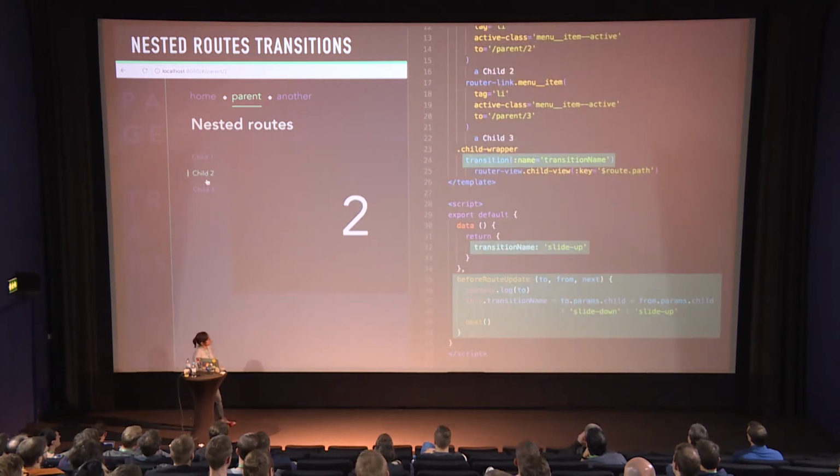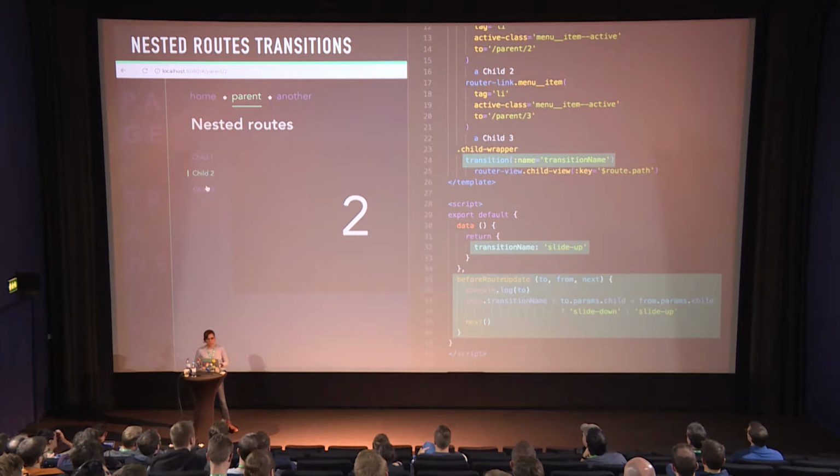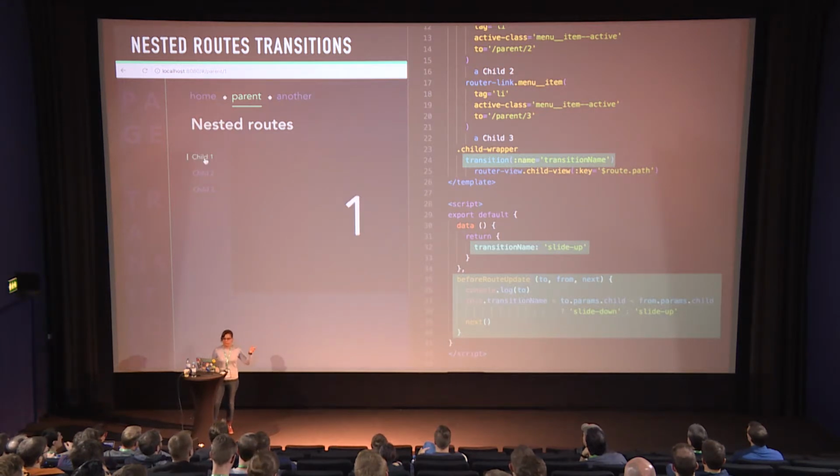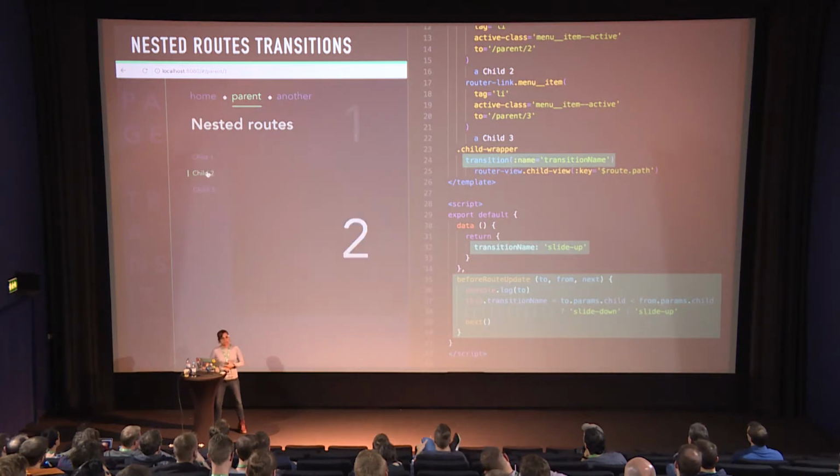Yeah, here you can see that the way we can do that is by using a v-bind, which is the colon there, for the name of the animation, and then we are passing the transition name, which is a variable that we save inside of our data object. And then we are using beforeRouteUpdate, which is a navigation guard that we can access because we're using Vue Router. And by using this navigation guard, we have access to the to, from, and next, which are basically